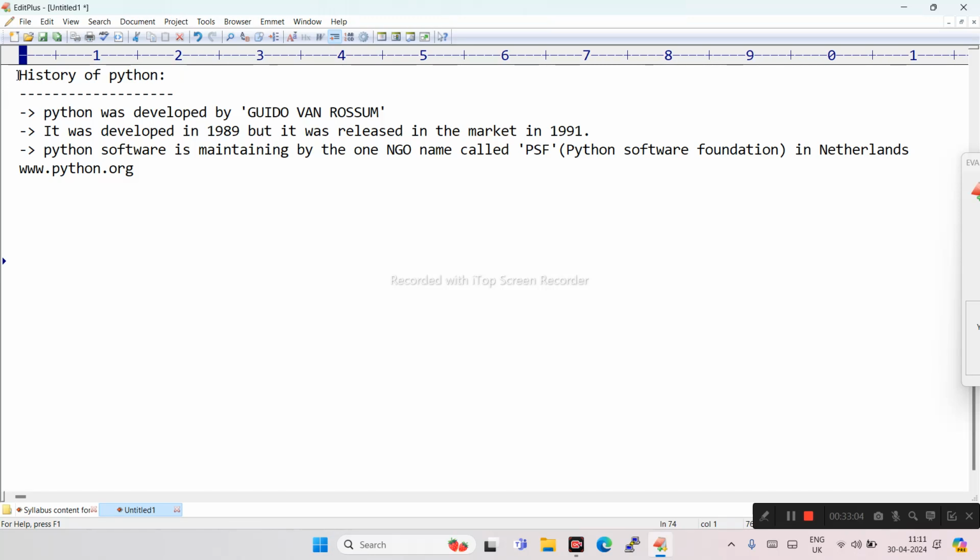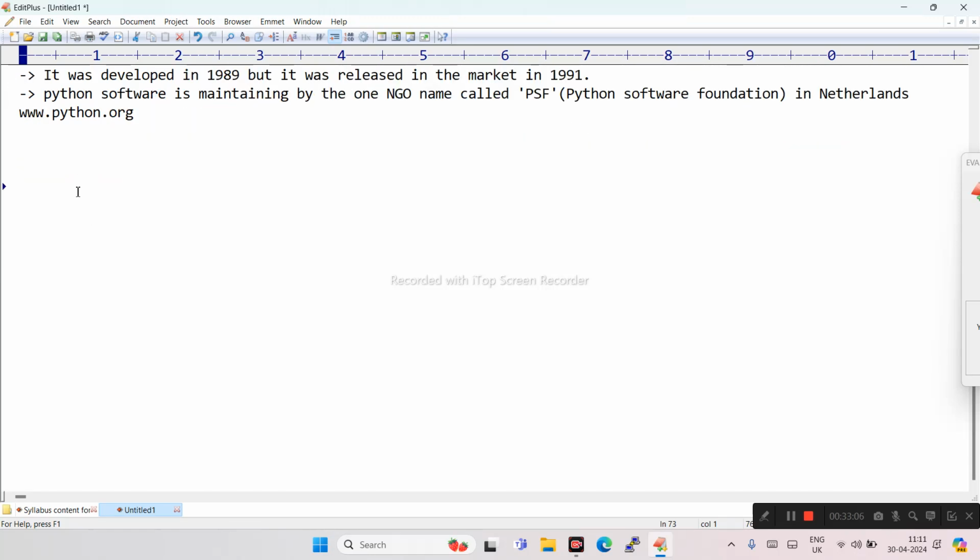Now, what are the contents or topics in Python we are going to learn? This is just an outline of the content only.